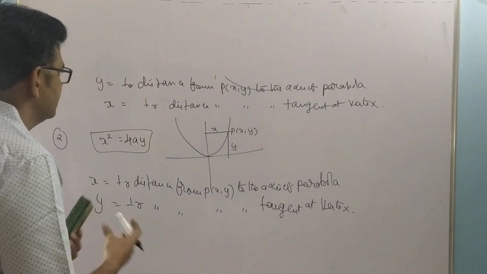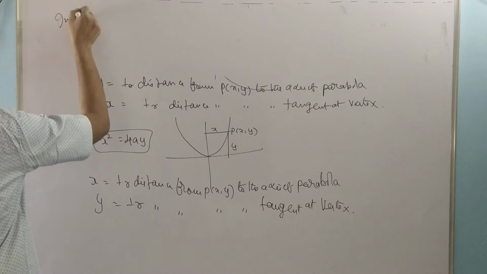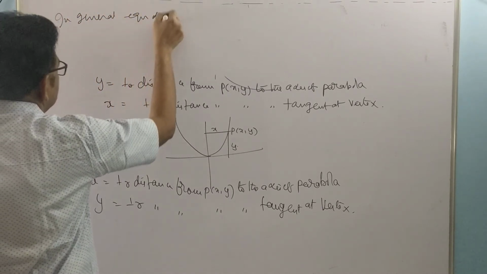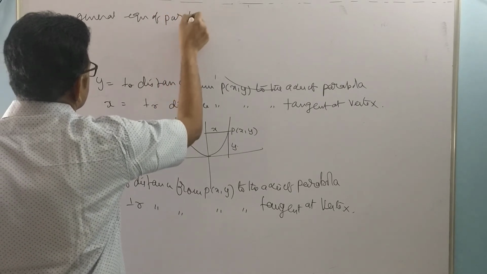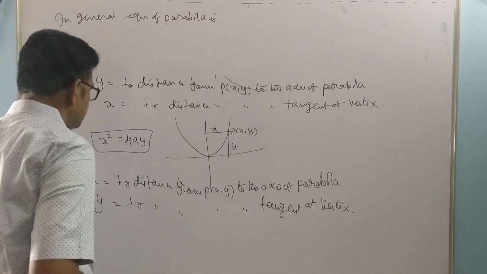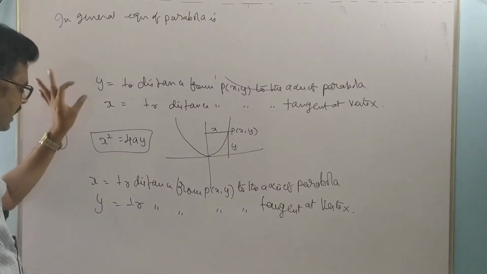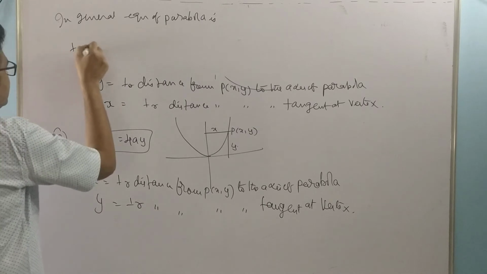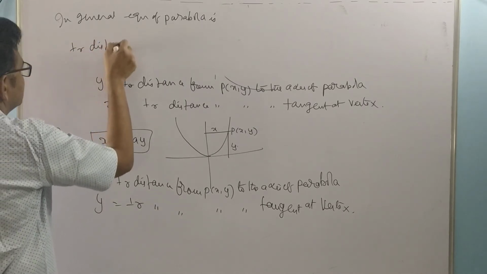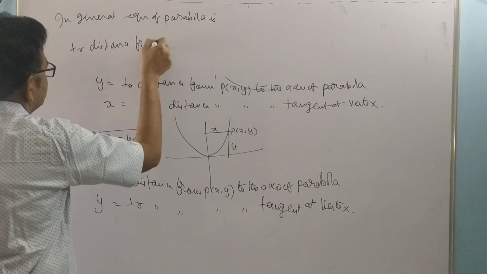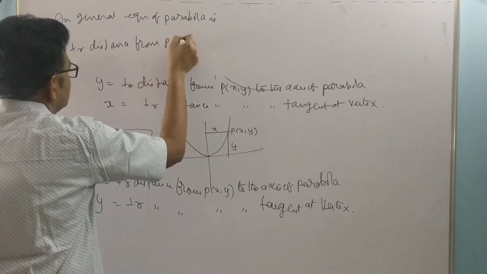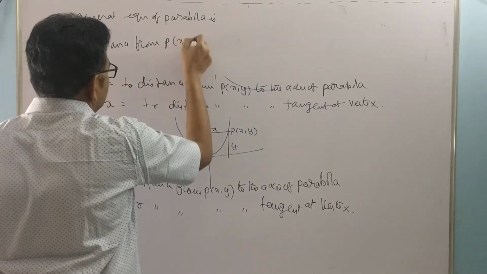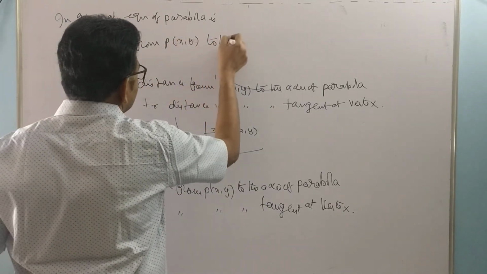So in general, the equation of parabola is y square equal to 4ax or x square equal to 4ay. In any case, for a parabola, the perpendicular distance from the point P(x, y) to the axis of parabola,